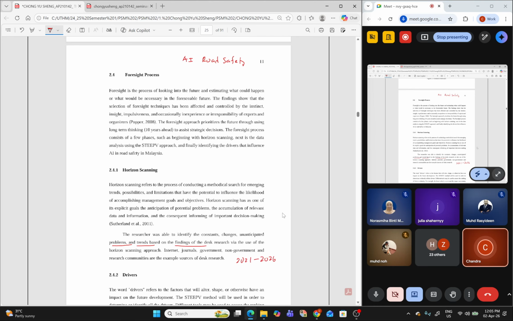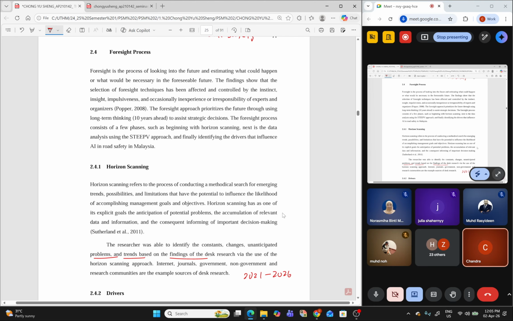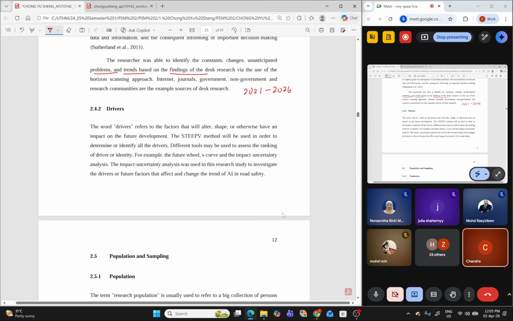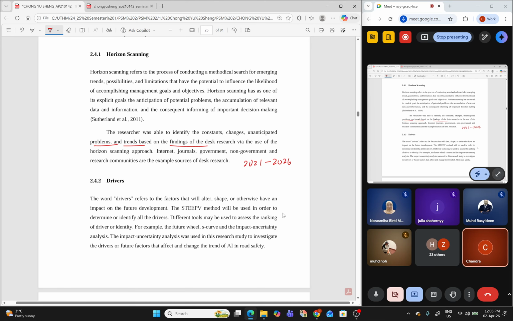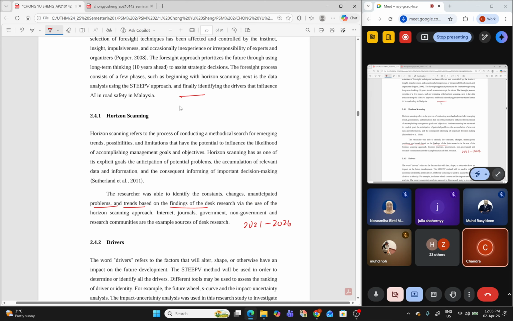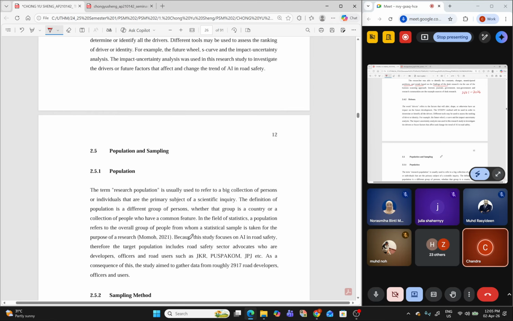You akan buat horizon scanning ni. You akan cari semua ni. Lepas tu dia ada banyak kan? Dia ada banyak, you can identify semua, you can list down. Semua ni you akan list down. Then you akan separate semua ni mengikut kategori STEEPV. Okay, biar saya bagi contoh satu. Saya bagi contoh.